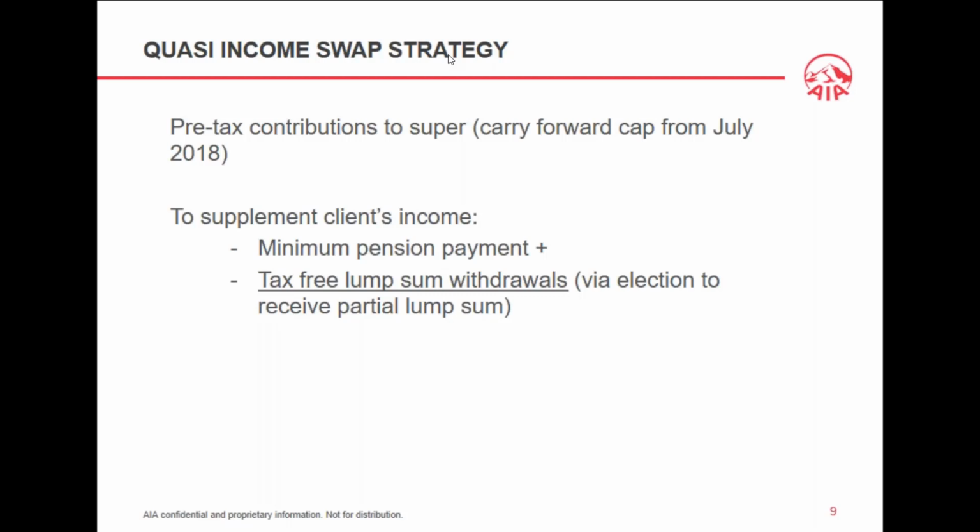So that's what, in essence, creates this quasi-income swap strategy that can be a very powerful way to boost the client's retirement savings over their remaining working years without compromising on the client's take-home pay, creating a strategy that wouldn't have otherwise been available to that client given the current laws.